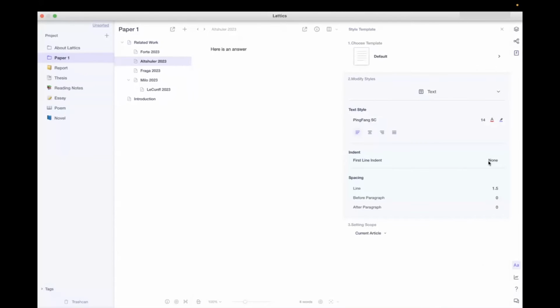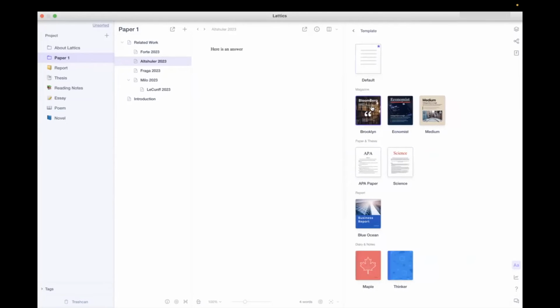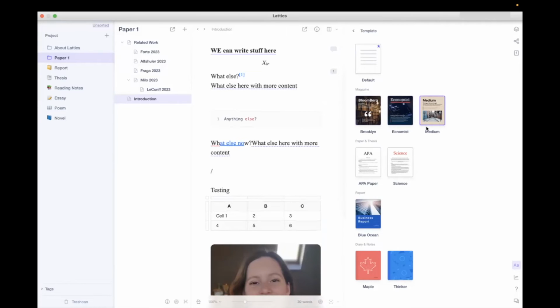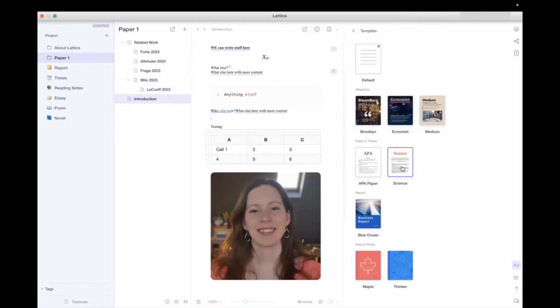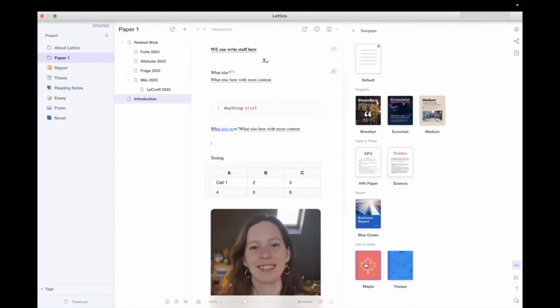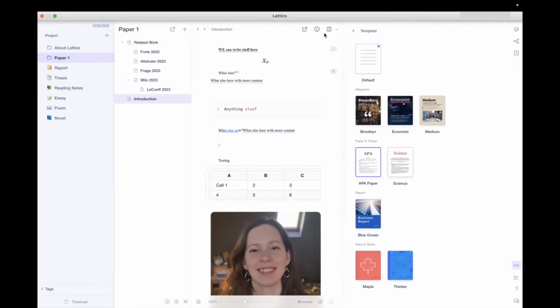So style templates. Now this is about the article again. I can choose a template. There's a default, and there are some nice ones. Magazine, Economist. Let's go for one that has some content. Brooklyn, Economist, Medium. I like Medium. Apple Paper, Science, a report, Maple, Thinker, Diary Notes. So yeah, they changed the